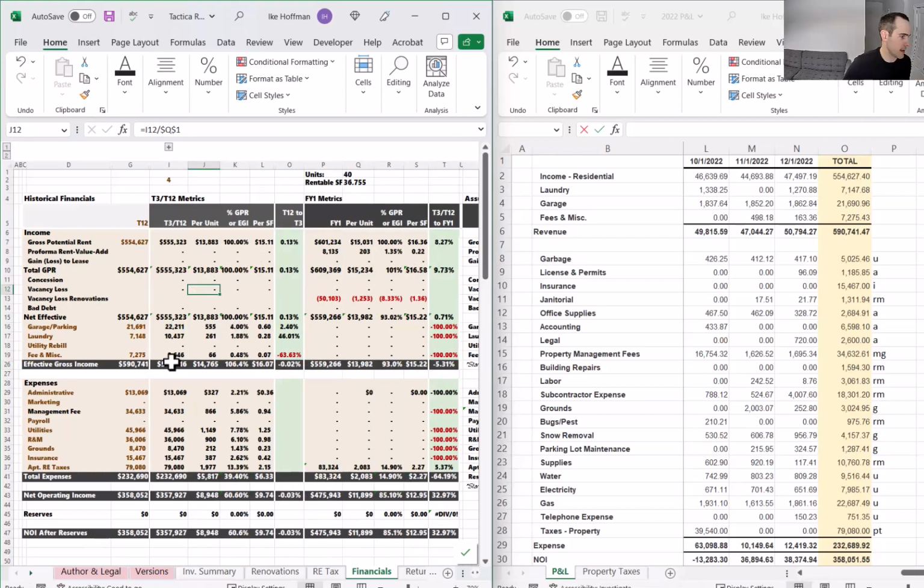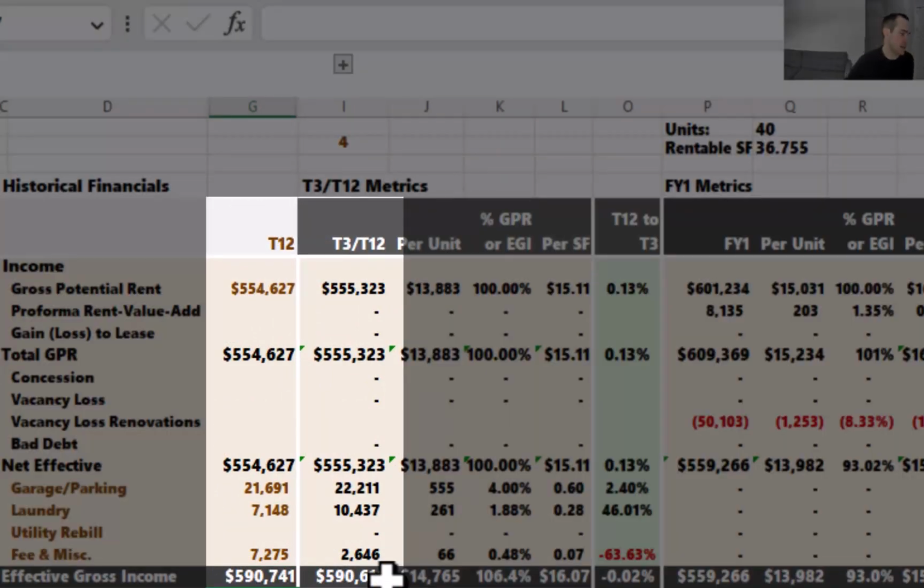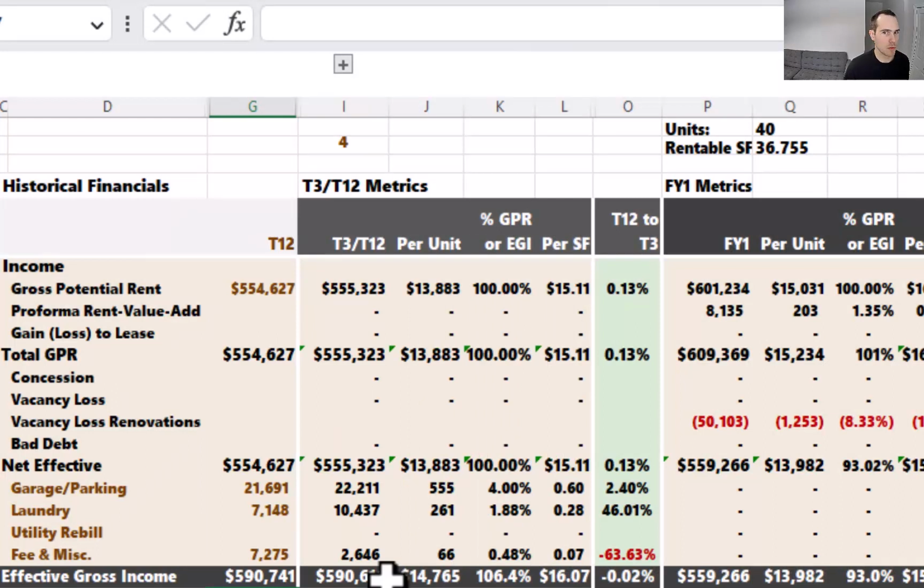And T3 isn't trending much different than what the annualized numbers were. They're both 590,000. Hopefully when you do a T3, you see things improving, maybe rents going up, vacancy going down, and you see a higher total revenue. But in this case, it seems like things are pretty steady and there's nothing too drastic jumping out at me